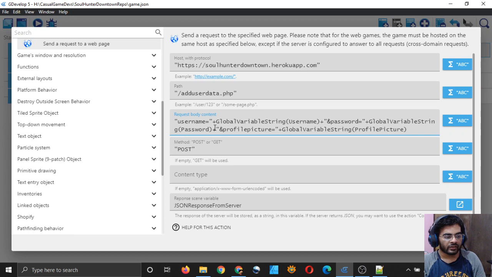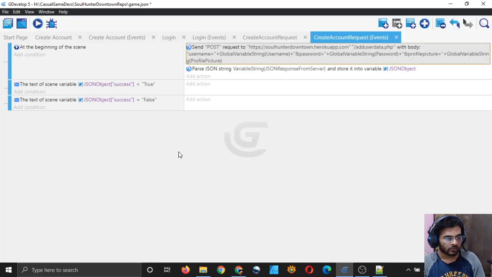Plus sign is just there to concatenate strings. This is a separate string, as you can see by the double quotes, and this is a separate string, the variable, and both of them are concatenated using plus, and that is the role of plus here. So I think you can understand why we have written it this way, right? So that's good. It should work, and I will click on OK.